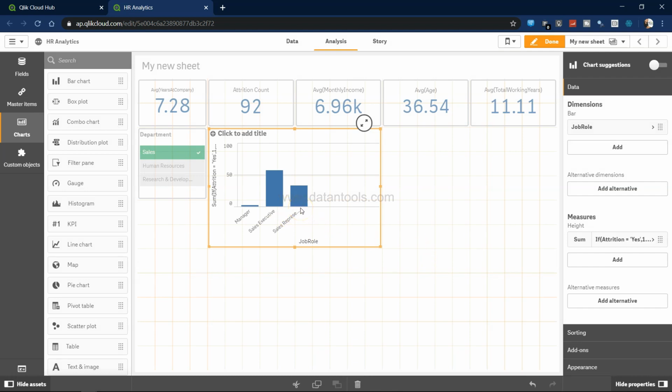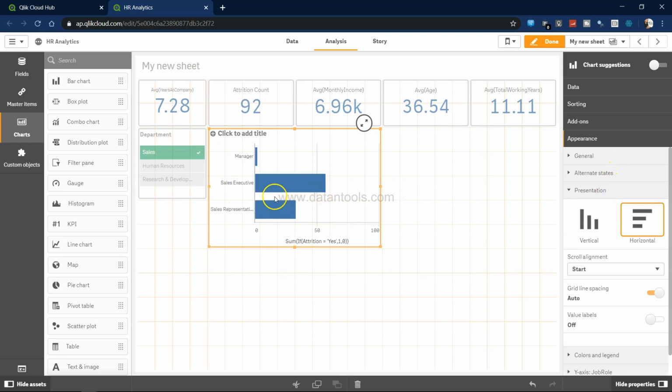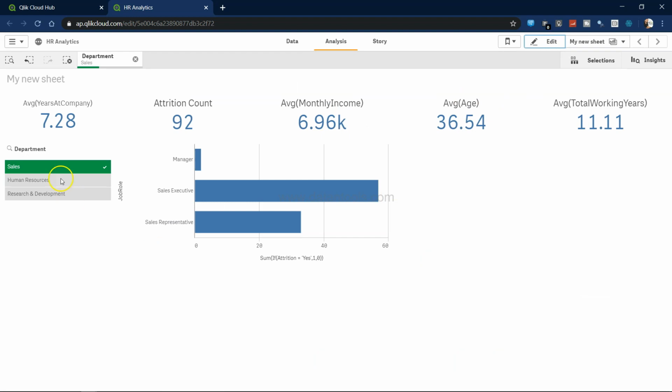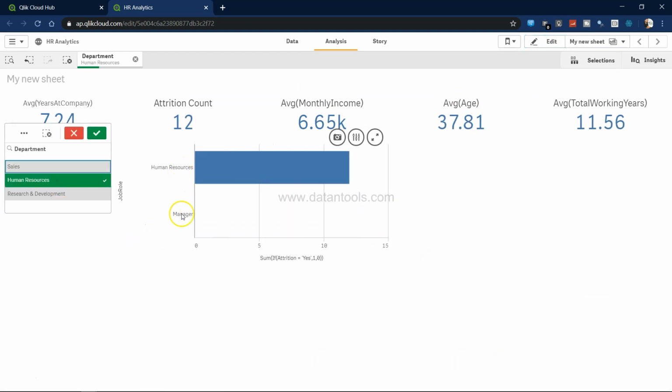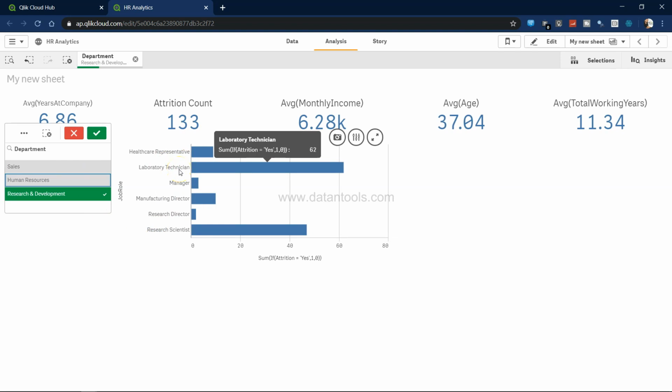So this is one of the ways, and another way which I really like from the appearance perspective is the horizontal. Somehow this looks much better to me. So it clearly indicates that in the sales department, sales executive is where you have the higher attrition. If you go into the front end, in human resources you have two categories, human resource and manager. And in research and development, clearly you have drilled down that laboratory technician and research scientists are having the highest attrition. So now from the department you have drilled down to a specific role where the issues are coming from, and then you can take action accordingly. All right,